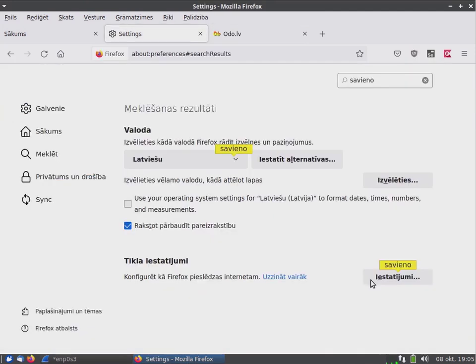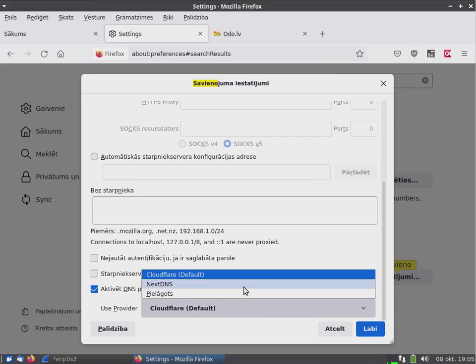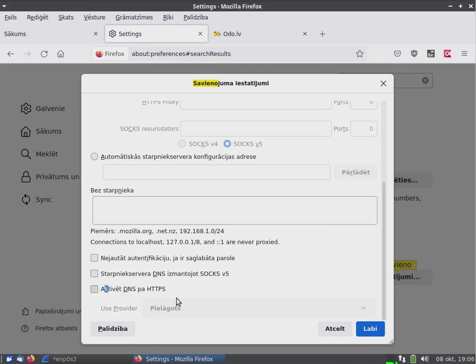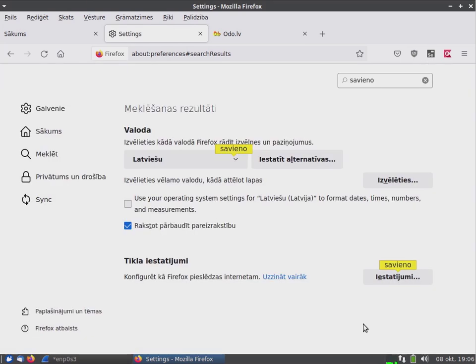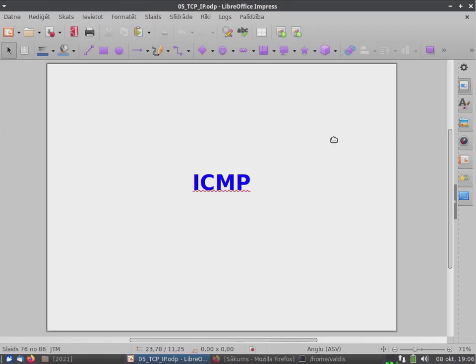But if you are using some other DNS server which provides this service, with a custom IP address, then of course they will not know which particular domain names I was interested in. So that's one thing you should remember when you want to be a whistleblower or something related to this.